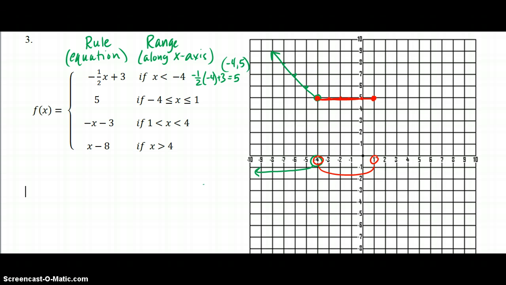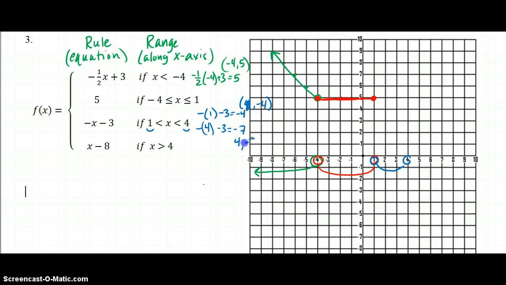Okay, for our next equation, negative x minus 3, if x is between 1 and 4, we'll go between 1 and 4 on our x-axis, so we'll fall between that piece of the graph. And we're going to use these two values for x, 1 and 4, to see what our y value will be at that point of the graph. So the first one will be negative 1 minus 3, which would be negative 4. And the other one, when we plug in 4, will be negative 4 minus 3, which equals negative 7. So that means our first ordered pair would be 1, negative 4,